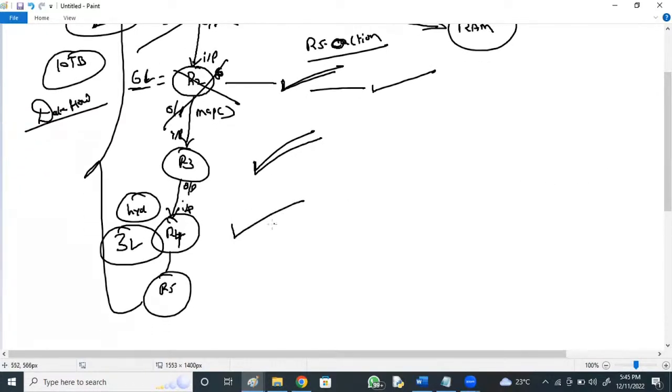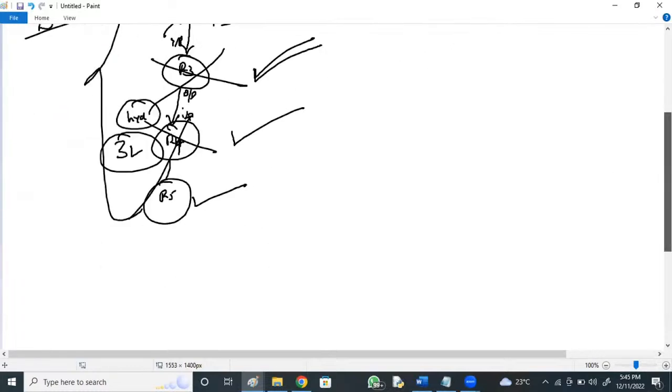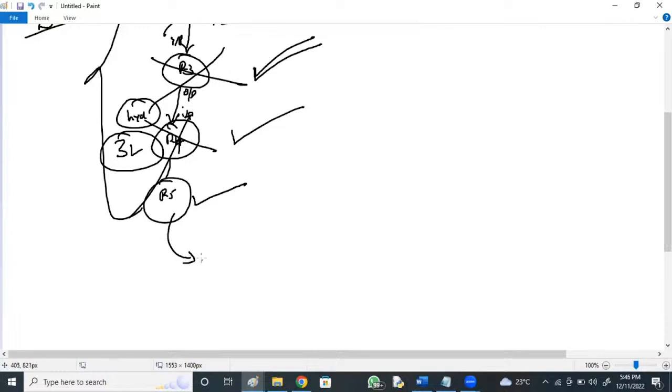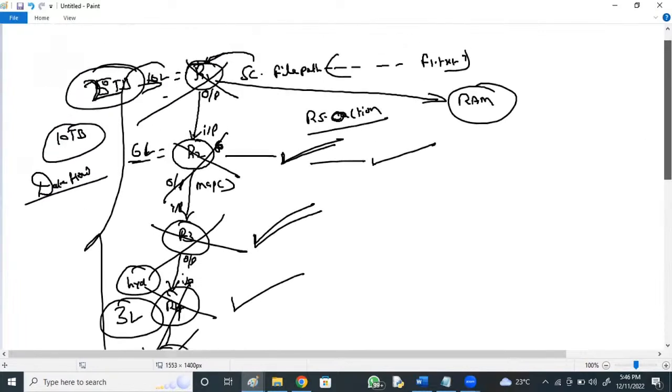Now R4 is loaded and computed, and R3 gets removed. When R5 is ready, R4 gets removed. Once the total execution is finished and the final R5 output is collected, R5 also gets removed from the RAM. Now what is present within the RAM?